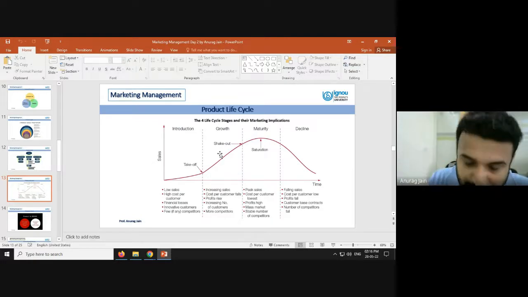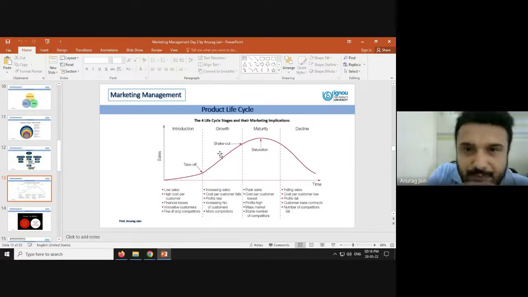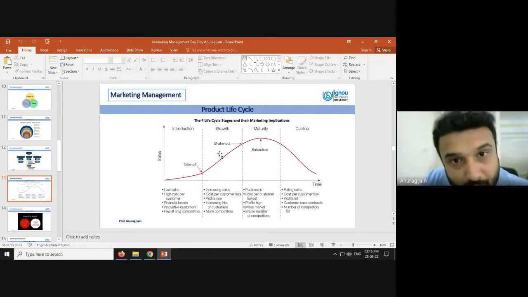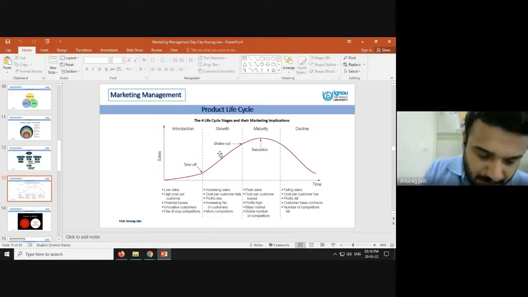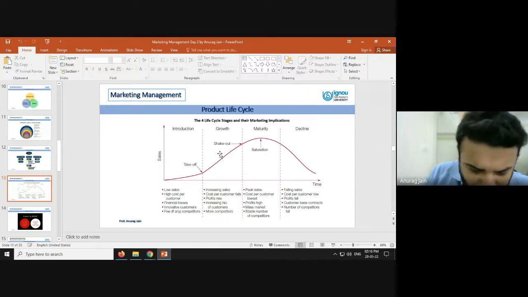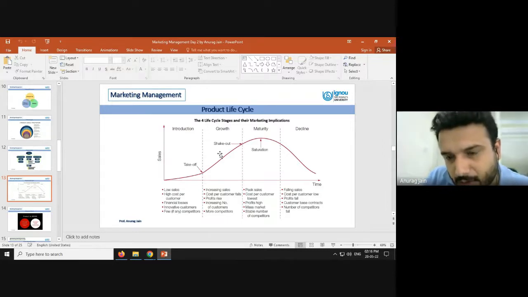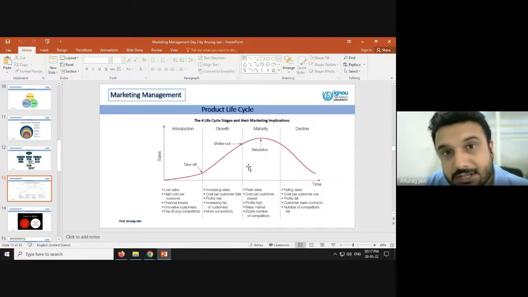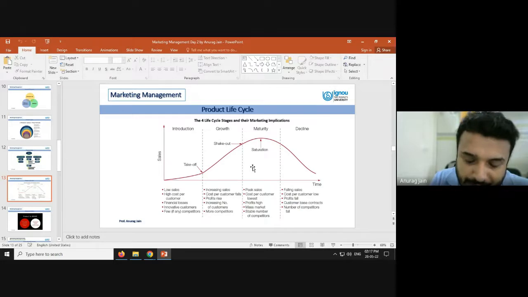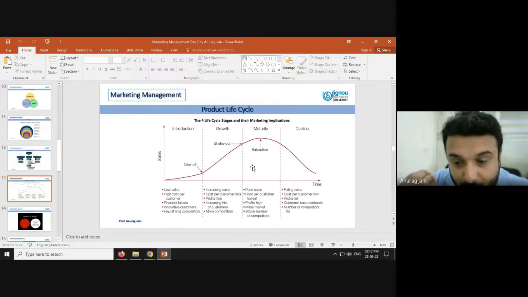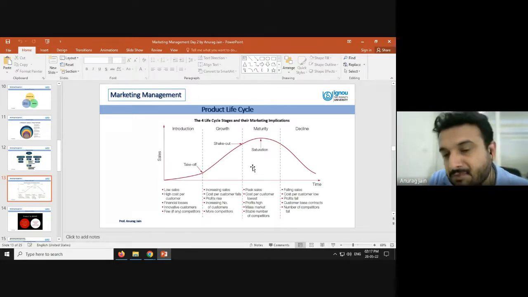Then it will come to a mature stage where the sale has been saturated. Most of the possible target audience you have already reached out to, and they have already used your product, and possibly some of them are still using your product, but others got fed up and wanted to try probably a new product of yours only, or maybe any competitor's product. Now your product has come to a maturity stage where you are earning a good amount of profit. The market has very good awareness about your product, and a good amount of competition is also there.